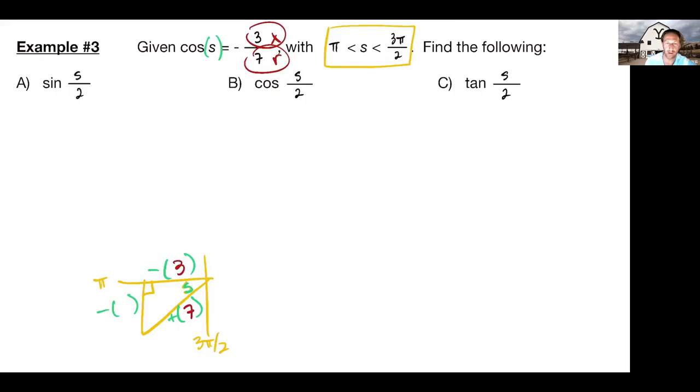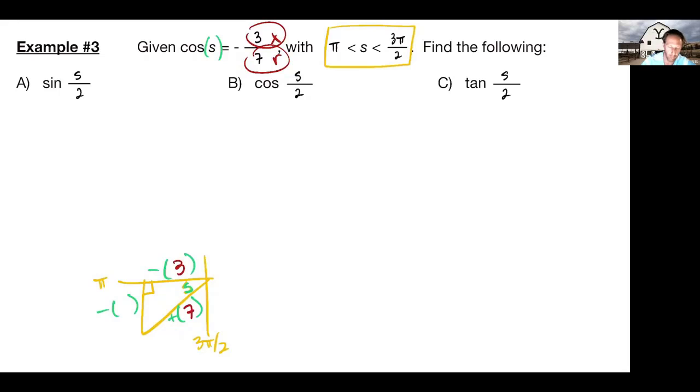Is that a Pythagorean triple? You wish. Not always, right? If this was a 3, 4, 5, cool. Or a 6, 8, 10, just doubled, they'll do that every once in a while as well. Or they'll give you one of the other ones. But in this case, we're going to actually have to use our Pythagorean theorem to find our y value. And remember, opposite the 90, the hypotenuse is always the one by itself. So our